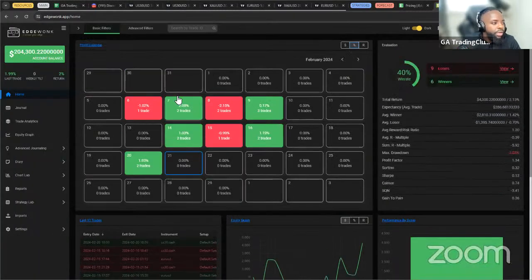So this is my 200K account right here. I've only taken one trade this week, the trade for Tuesday. So I haven't taken any trades yesterday, no trades today as well. Up 2% so far. So not trying to push anything or to force anything. And I need to get my win rate up because